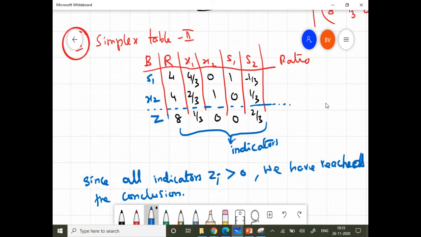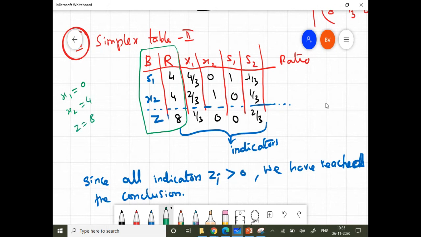How to write the final answer? That is the question. The final answer will be taken from only the first two rows, first two columns. And you know, in our problem, we have only main variables x1 and x2. We don't bother what s1, s2 are. S1 is a dummy variable. We don't want it. x2 is not available in the basis. So, sorry, x1 is not available. So x1 is 0. x2 is 4. This is the answer, the right hand side value. So the x2 is 4.